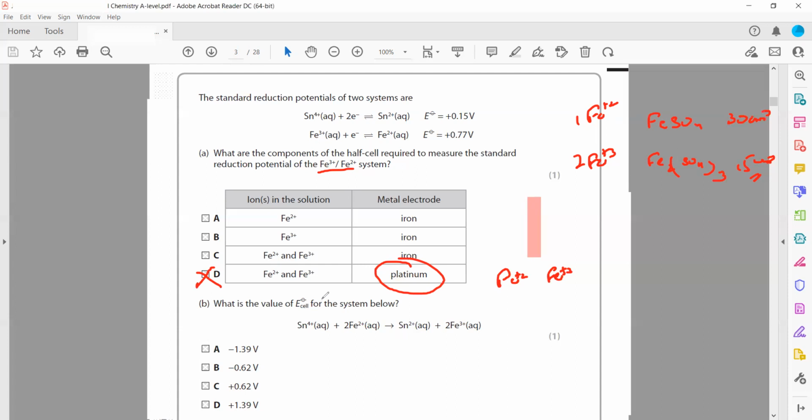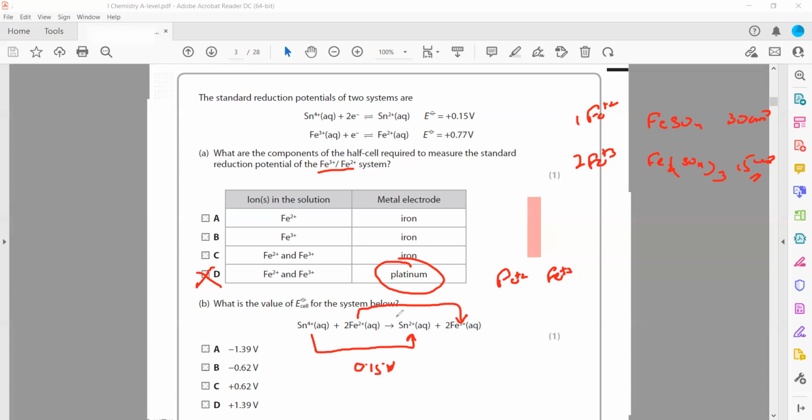Then the second one: what is the value for electrode potential of a cell? So how we can work out, look, tin 4 changes to tin 2, that is 0.15. And iron 2 changes to iron 3. Iron 3 changing to iron 2 is 0.17. But in the equation, they give iron 2 changing to iron 3. 0.77 positive is there for iron 3 to